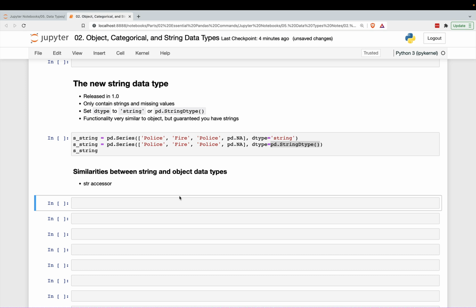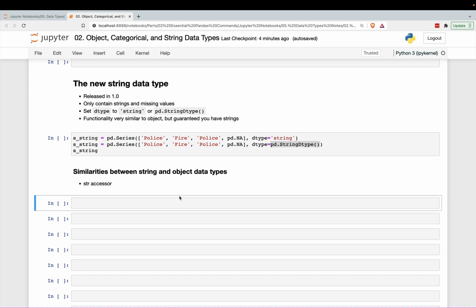So by default, again, pandas use the object data type from NumPy to place strings. But a big problem with this is that you are not certain that a value in an object data type is a string. With this string data type, you are certain that all of the values in that particular column will be strings. So you have a lot more certainty with that. They can also be missing values, but really only strings or missing values, not just anything as with the object